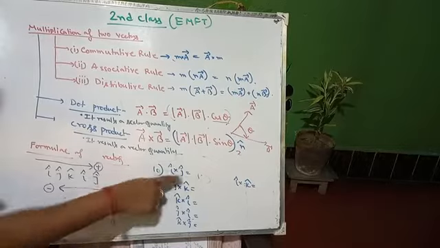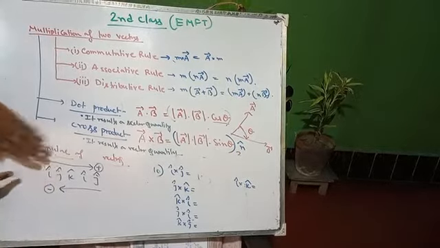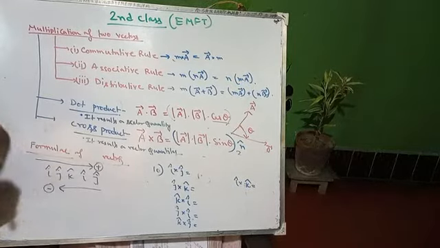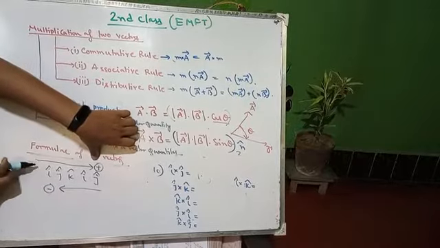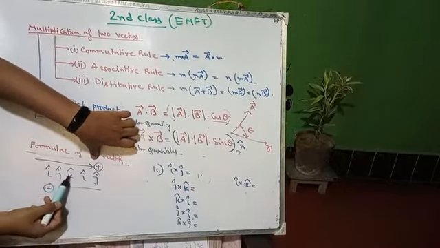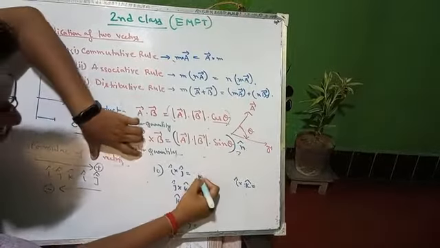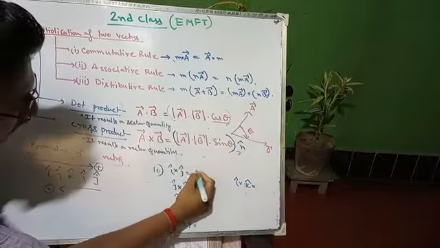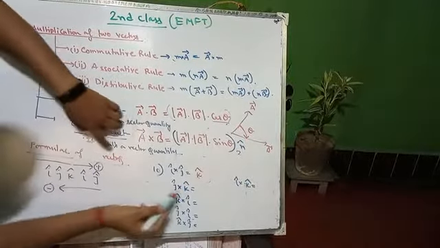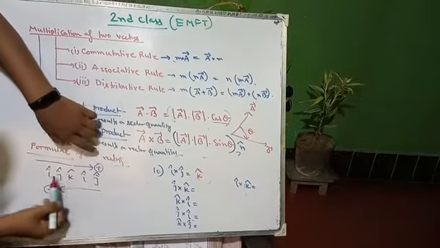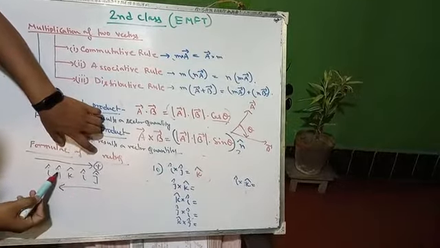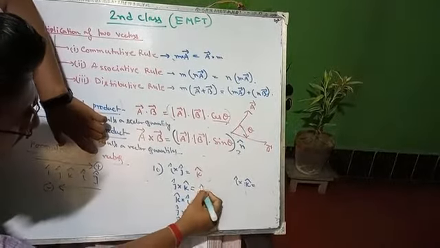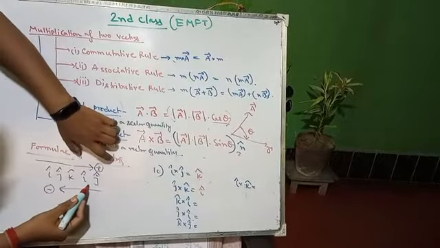I cross j moves from left to right, so I cross j produces plus k, it will be k cap. Now j cross k, by left to right movement of this sequence, shows plus I, it will be I cap. And similarly k cross I will be plus j.